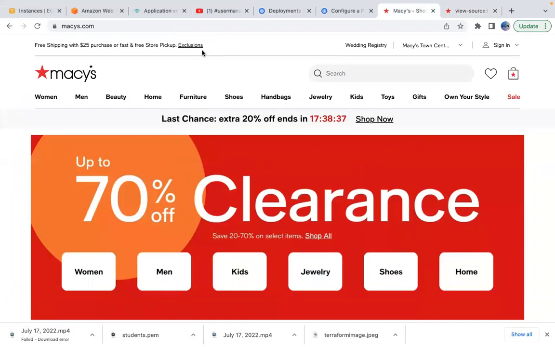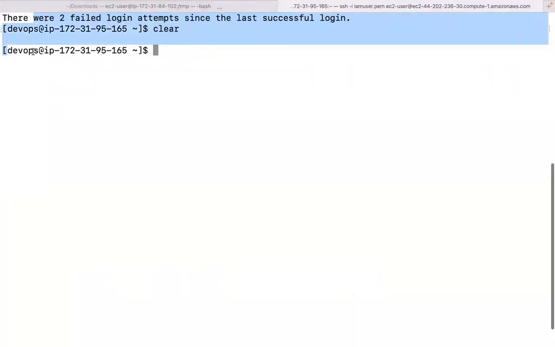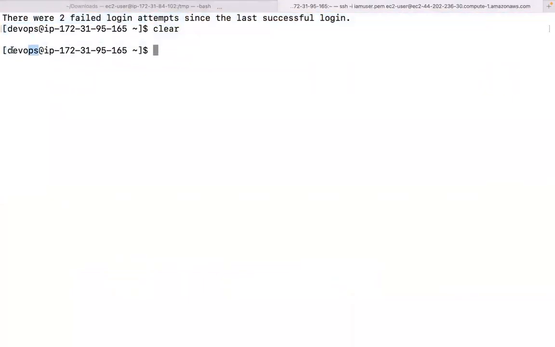Okay. Now let's go ahead and install simple Apache on our EC2 instance, and we'll try to execute some simple web application, and let's see how that works. Now I'm logged in as the DevOps user. This DevOps user is a root user because we have added that user to the sudoers file, that means the wheel group. Let's verify that. Sudo